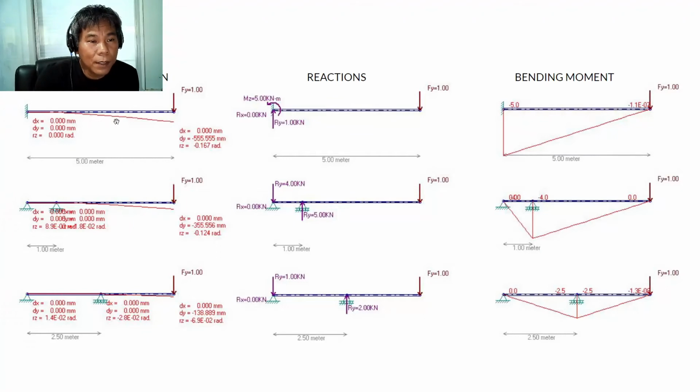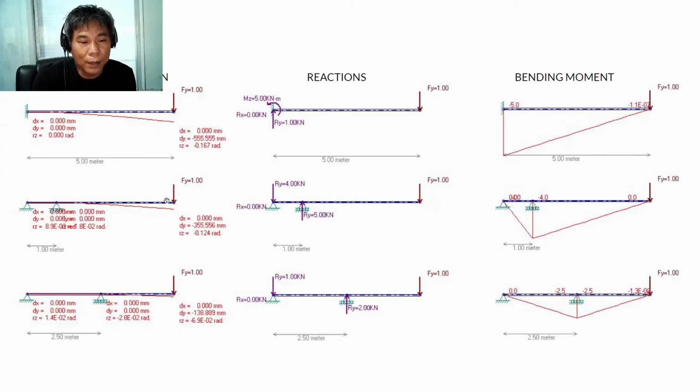In this case, the deflection is very large, minus 555 mm, so almost or more than half a meter. That is if the model is 2 inches thick by 400 mm. But if we put a support here near the front, although it is no longer fixed, a roller support and a hand support,